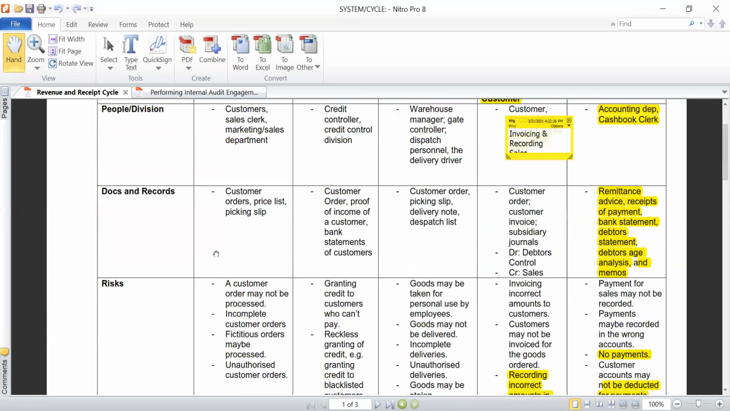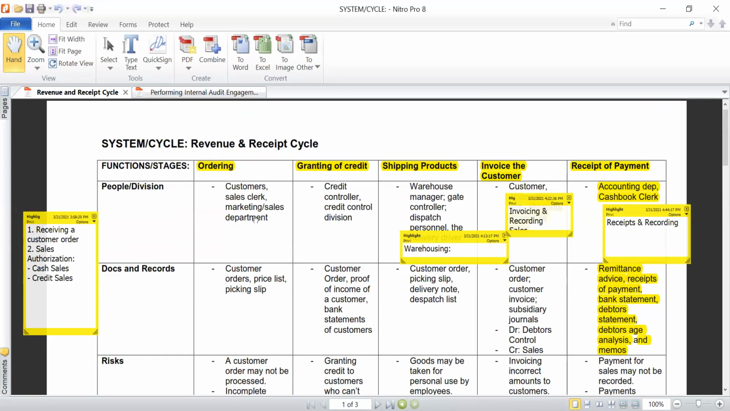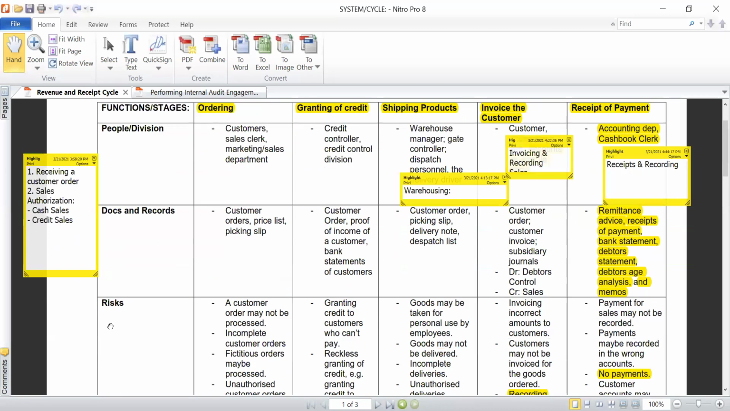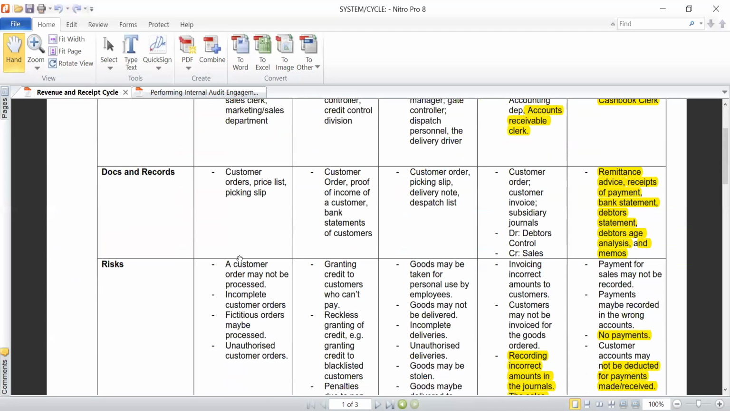We should be able to evaluate the ordering process, or the processing of customer orders, and be in a position where we can identify the possibility of things going wrong. And that's where risks come into the picture. But as you can see, the ones that I've given here are not fully comprehensive, but I just simply